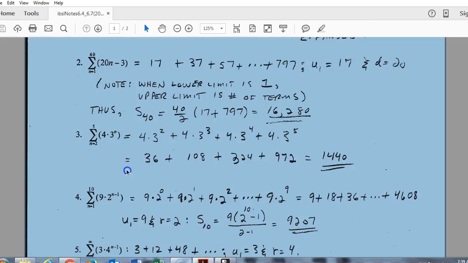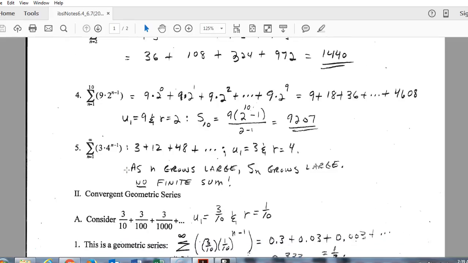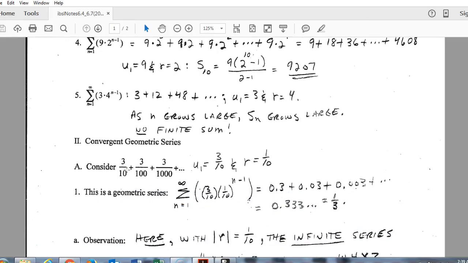If you look at example number 5 right here, notice on this one, here's the change, and here's what we're getting into for the last part of these notes. This one doesn't define an ending. It just simply says we're going to go on forever. So we're going to start with the first term, and we're going to head towards infinity. As I start plugging in a few numbers, you can see these are just the first three terms. Because my common ratio is bigger than 1, these numbers would simply grow as time goes on. And so we get this infinitely large sum,